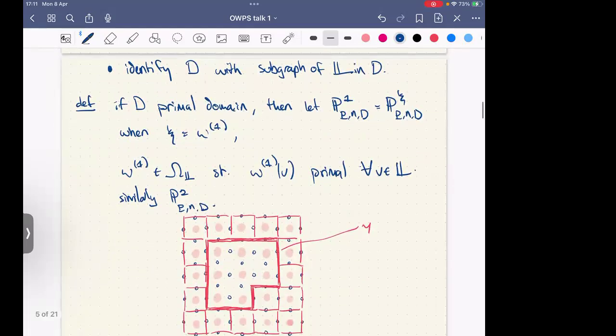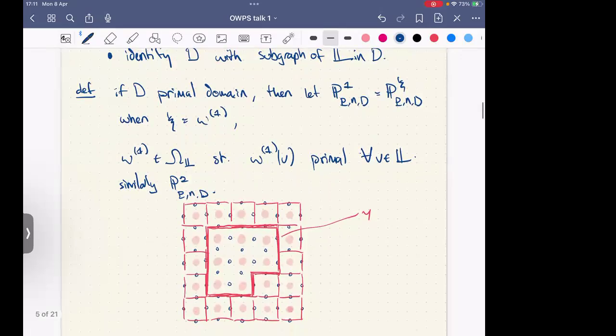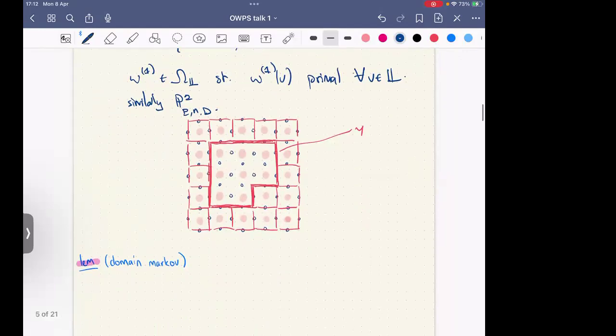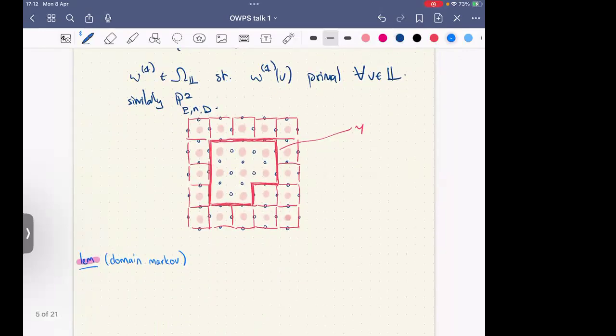Here's an example. Here's my gamma, and outside of it, I've just only got primal edges. Okay, and we'll need a useful domain Markov property, which is that, well, you can probably already see it, which is that the measure inside of this gamma really doesn't care about what happens outside of gamma, because if I draw some loops on here, then they're never going to escape gamma. Okay,